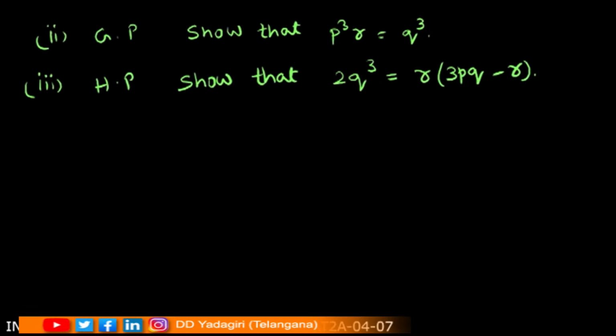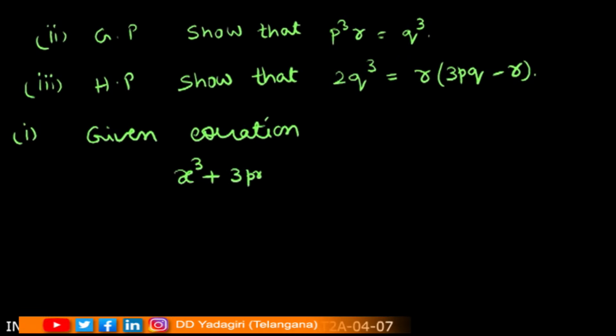Okay, now let us start the first bit. What is the given equation? Given equation is x cube plus 3px square plus 3qx plus r is equal to 0. This is a third degree equation, so you will have three roots. Let the roots be